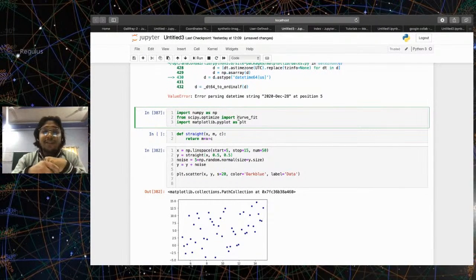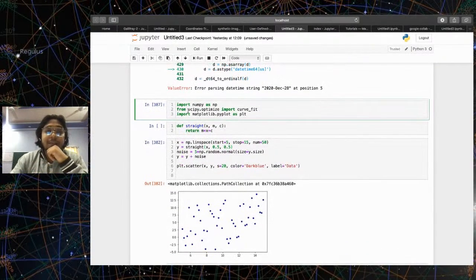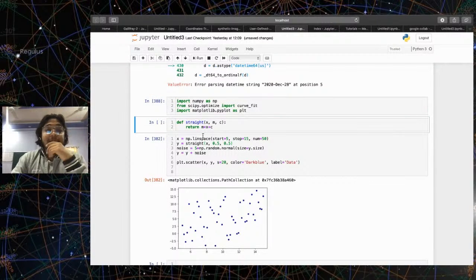But for those who have already done numerical methods in your undergraduate coursework, you might understand the least square method, or non-linear curve fitting methods, and all that. So this is just an implementation of that. I have scipy.optimize, and I import my function from this library. I imported curve_fit. The next step is